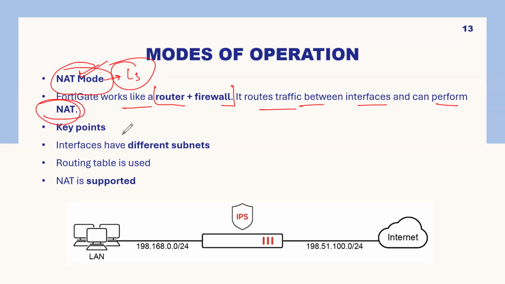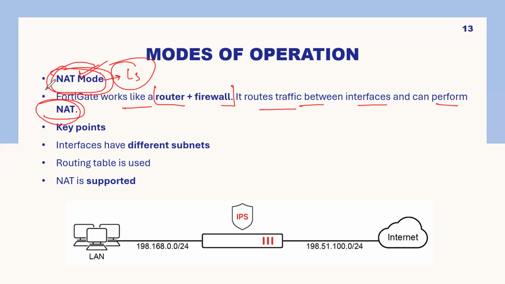Now, why is it important? When you go for the interview, the question will be asked: explain the modes of operation in the firewall. Don't say layer 3 and layer 2. Say NAT mode and transparent mode. These are the actual terms given by FortiGate, or Fortinet. So you will say NAT mode, and NAT mode means layer 3 mode,